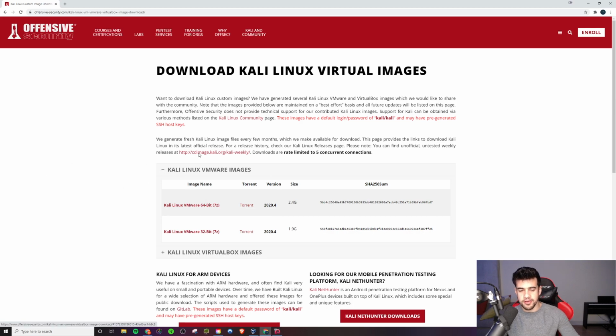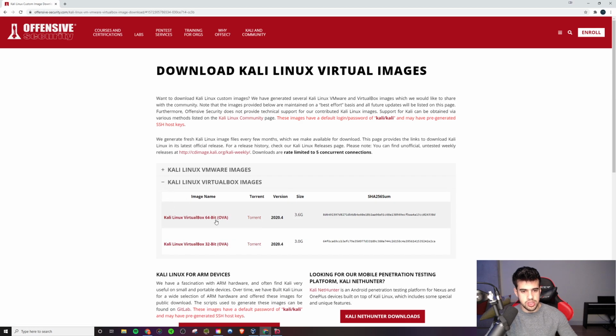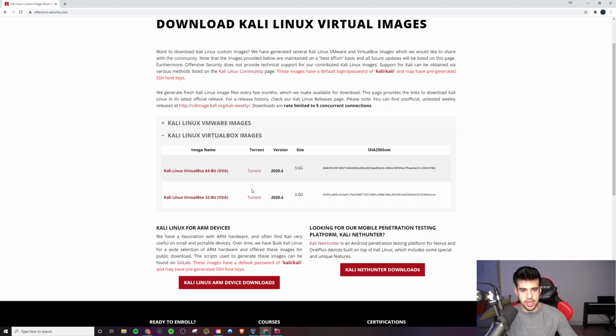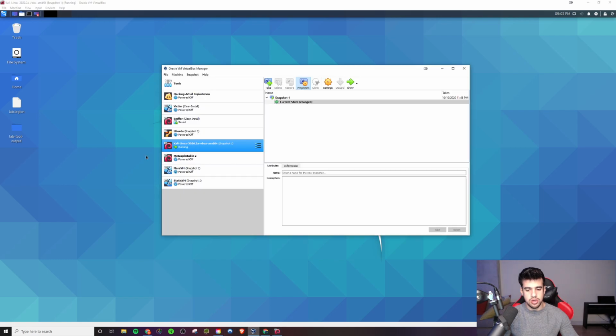Now, keep in mind, if you do this first one up here, this is for VMware. Now, we're using Virtualbox, so we don't want to use these, actually. We want to use these Virtualbox images instead. 64-bit would be just fine. So you download that, and then once you download it, you can just drag it onto your Virtualbox here and